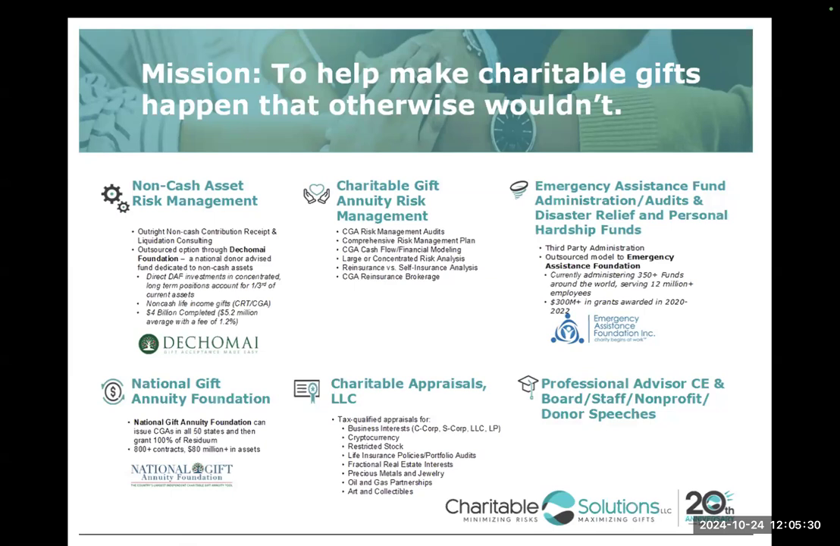And then finally, and certainly tying into Paul's topic today, non-cash asset risk management. We do this in two main ways. One is consulting with charities where they're looking for assistance with evaluation of proposed non-cash gifts, onboarding of non-cash gifts, sale of those assets, sometimes even just high-level gift acceptance policies and developing those. So we'll do consulting with other charities and then also working directly on those gifts, often into our donor-advised fund,